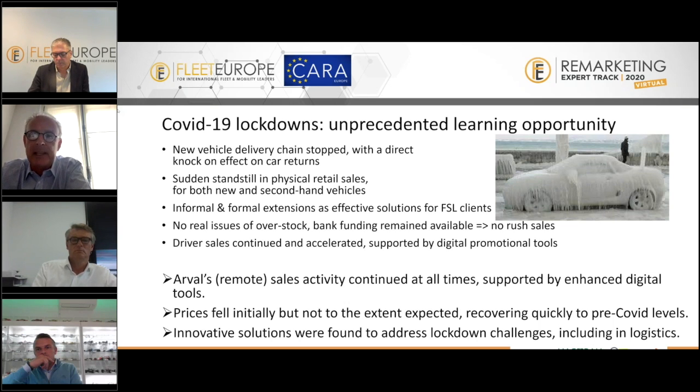in the financial crisis back then, when this was absolutely necessary to drive down costs, and seen this time again as a good solution at the moment that the new delivery chain was completely disrupted, and in fact still is today, but also at the moment that companies need to make immediate savings to tackle the challenges ahead. So it is true that companies like Arval, we have been encouraging our clients from the very beginning to extend where possible,